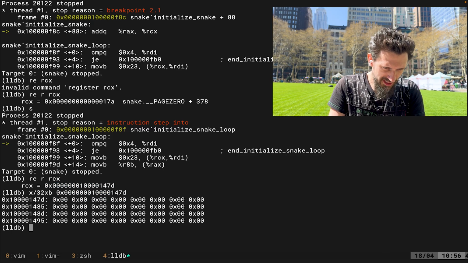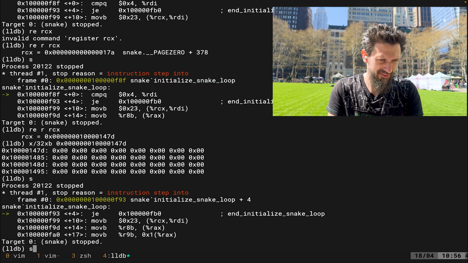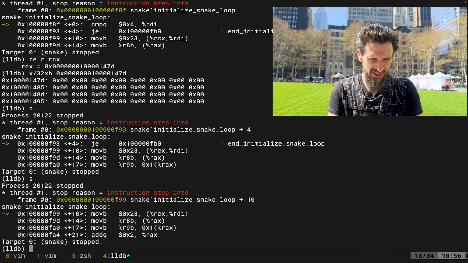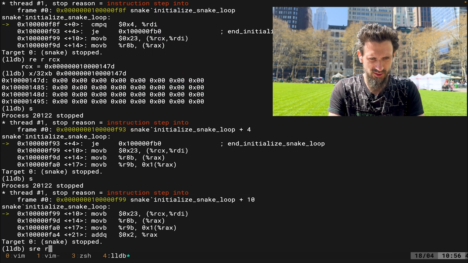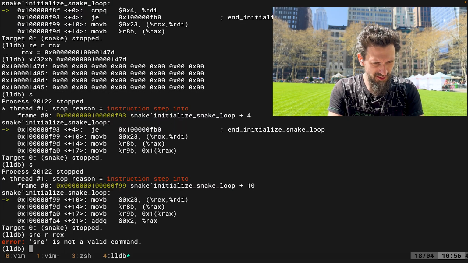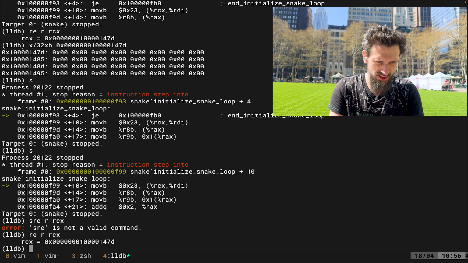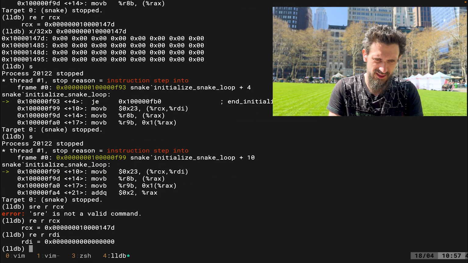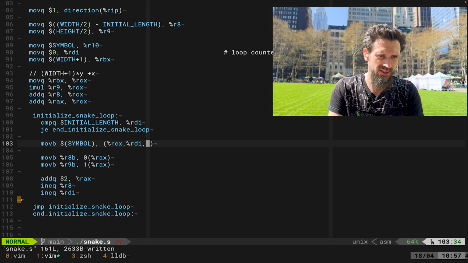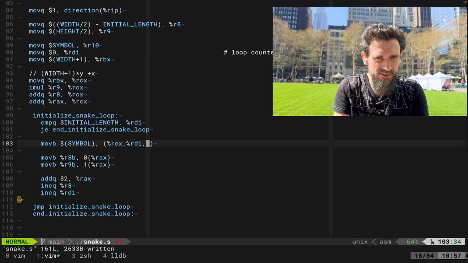The battery stress is now real. So let's check this. Register read RCX. Register read RCX is this. This looks pretty legit. RDE 0 looks also legit. Wait. RCX is,